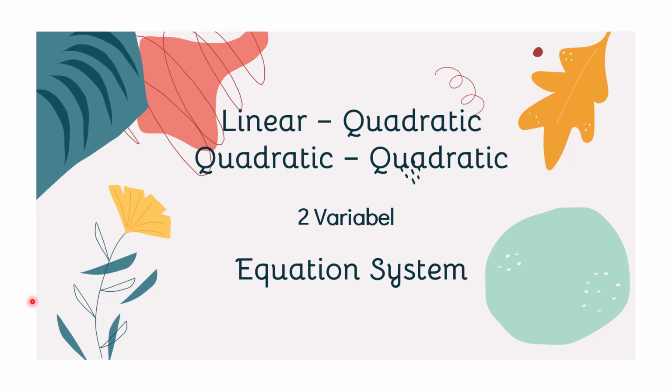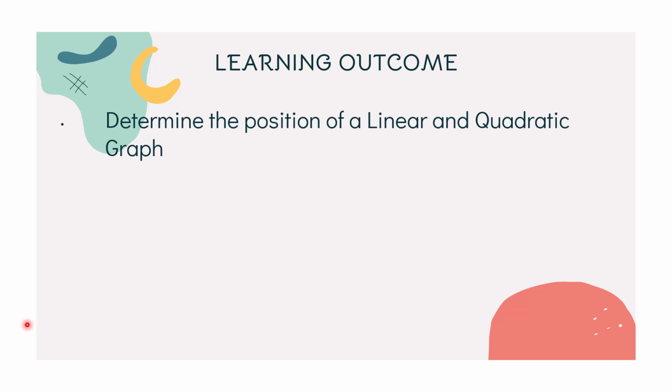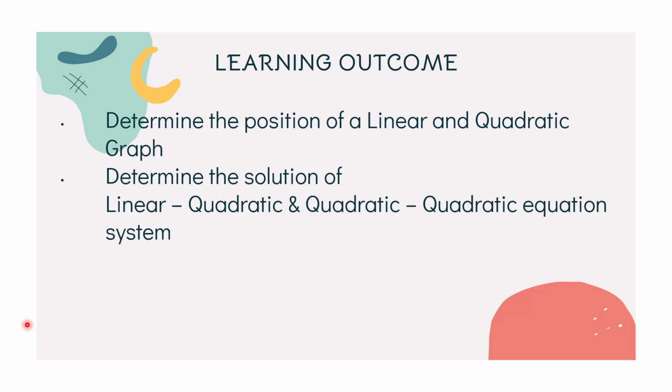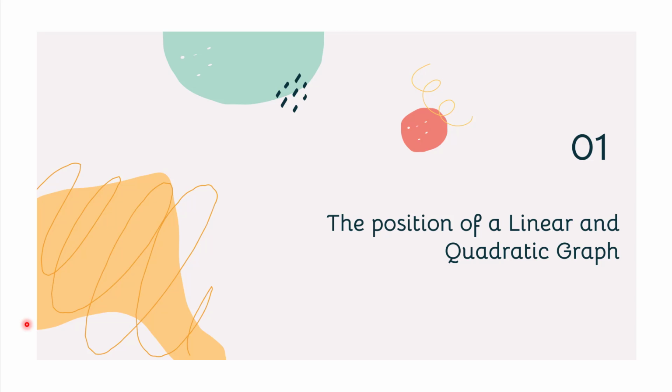So what will we learn in this topic? This is the learning outcome. The first one, we will determine the position of a linear and quadratic graph. After that, we will find the algebraic solution, how to determine the solution of a linear quadratic and quadratic equation system. For the first one, you already have the worksheet, so now you can check what you have